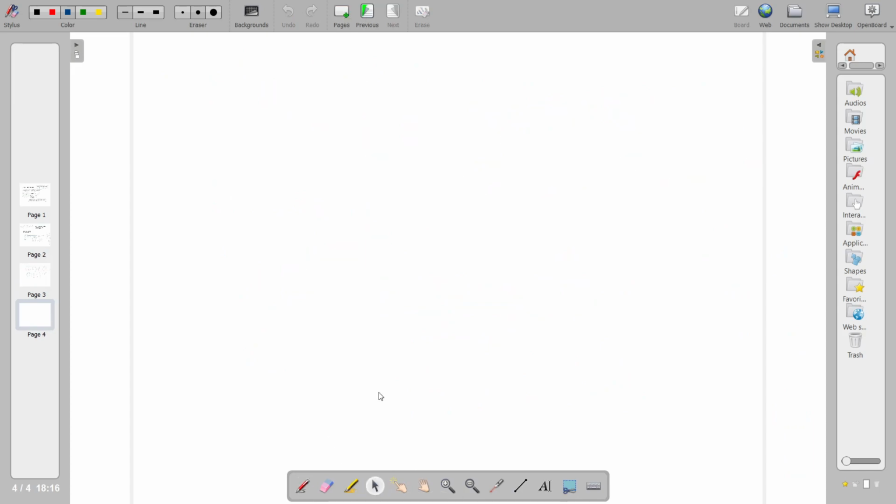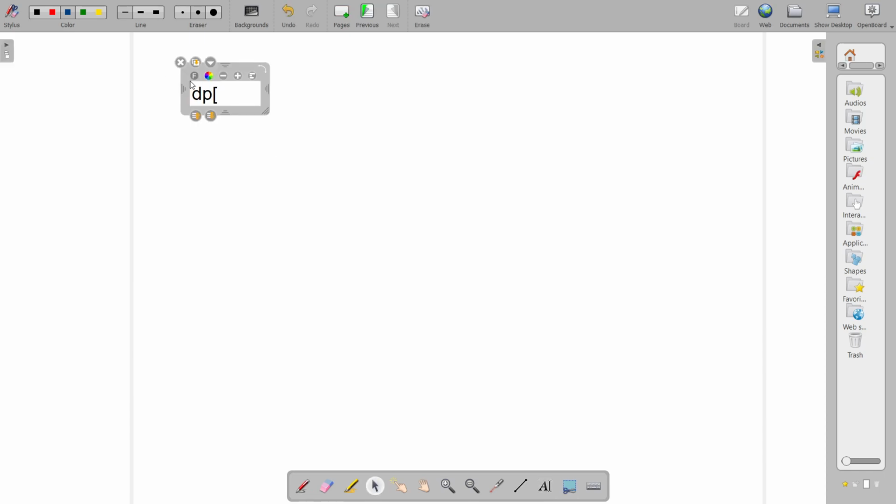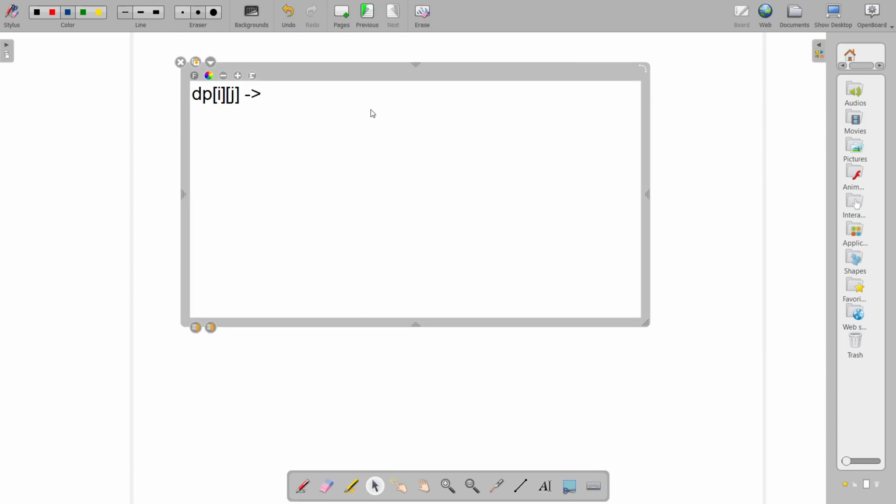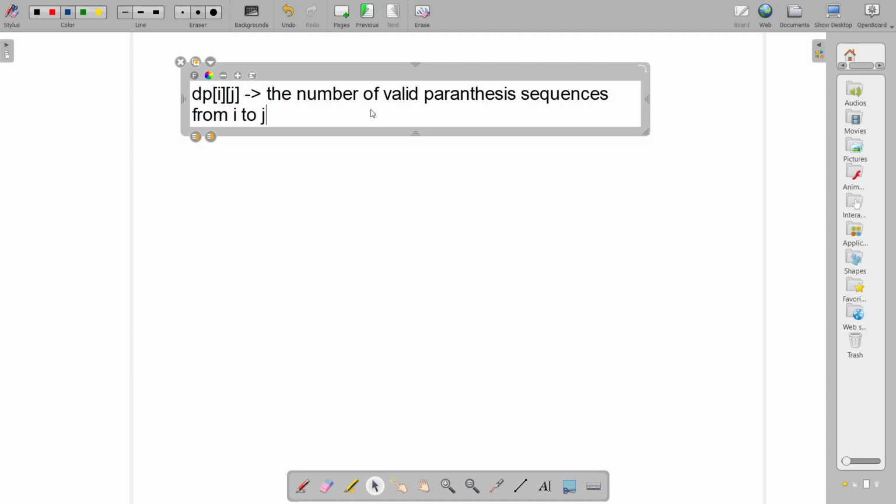So now I have solved it using dynamic programming, and I have created a DP where DP of ij basically means the number of valid parenthesis sequences from I to j.